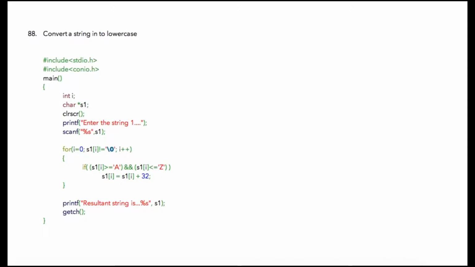In the next program, we are going to convert a string into lowercase. The only difference here is in this block, where we are going to check for occurrences of capital letters A till Z, and if we find any capital letters, then we are going to add 32 to it. If our string is entered as capital A, B and C, here A is capital, so the condition will be true in the first case, where we have found an occurrence of a capital letter,